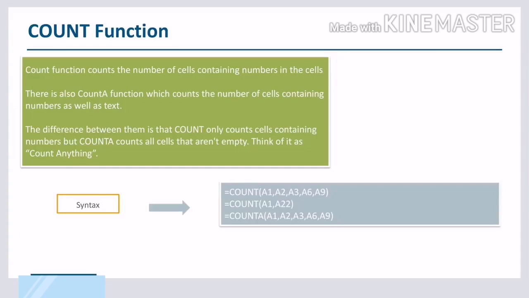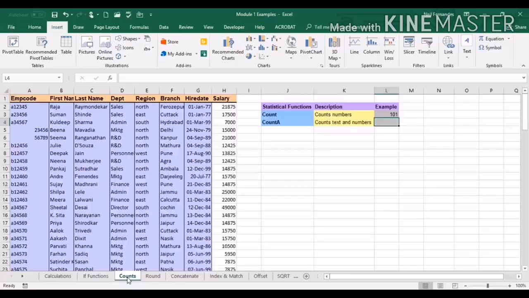The count function, as the name suggests, provides the count of the cells containing numeric value. So going back to my sheet as an example, where I have the list of employees data, there is only one range that contains numeric value, which is the salary column. Hence, I'll perform the count function for the column H. How will I do that?